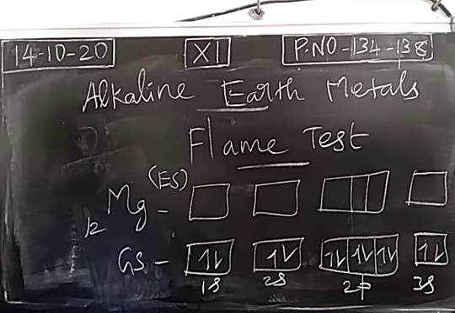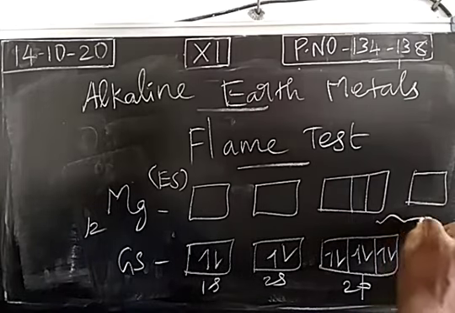So we heat the compound of alkaline earth metal. Because of heating, energy is supplied to the compound. So the electrons get activated. They are moving into a higher energy level. When the energy is low, we call it the ground state. When we heat the compound, due to absorption of heat, the electrons jump into a higher energy level, and the higher energy level will have a higher energy. So electrons cannot be present in the higher energy level for a prolonged time. So again they jump back into the ground state, thereby emitting radiation.